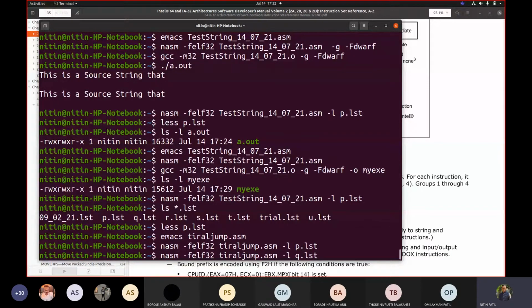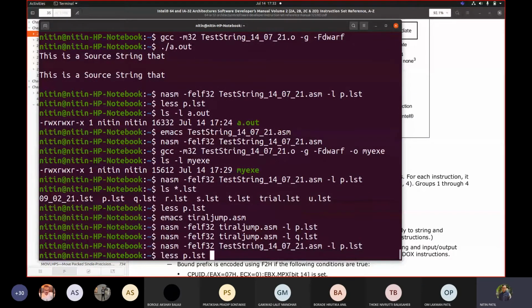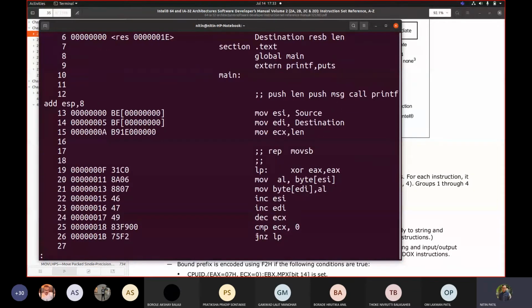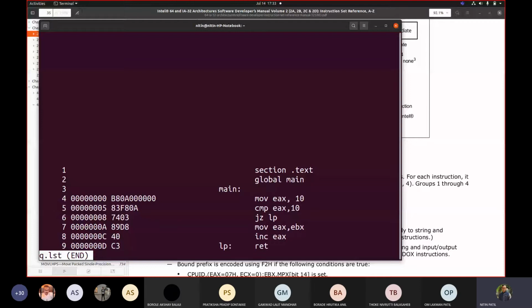Let me take this q.lst. And the earlier code was p.lst. If you see, this p.lst was having a backward jump here. So LP, backward jump, correct? And with this q.lst, it is a forward jump.